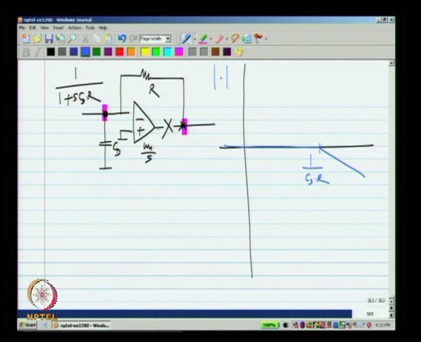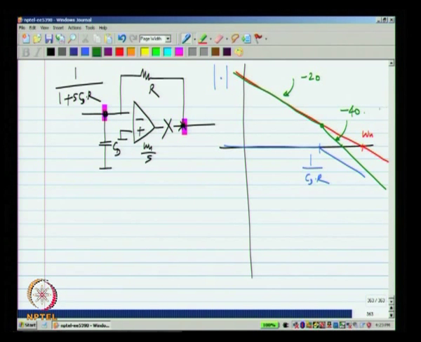Now, how do we choose omega_u? Let us say we choose some omega_u over here, okay, some very large value of omega_u. What happens then? The magnitude response of the op amp will be like that, and the combined loop gain response, which is the product of these two, omega_u by s times that whole thing, will be something like this, and after this point it falls off at 40 dB per decade. Okay. This is minus 20 and that is minus 40.